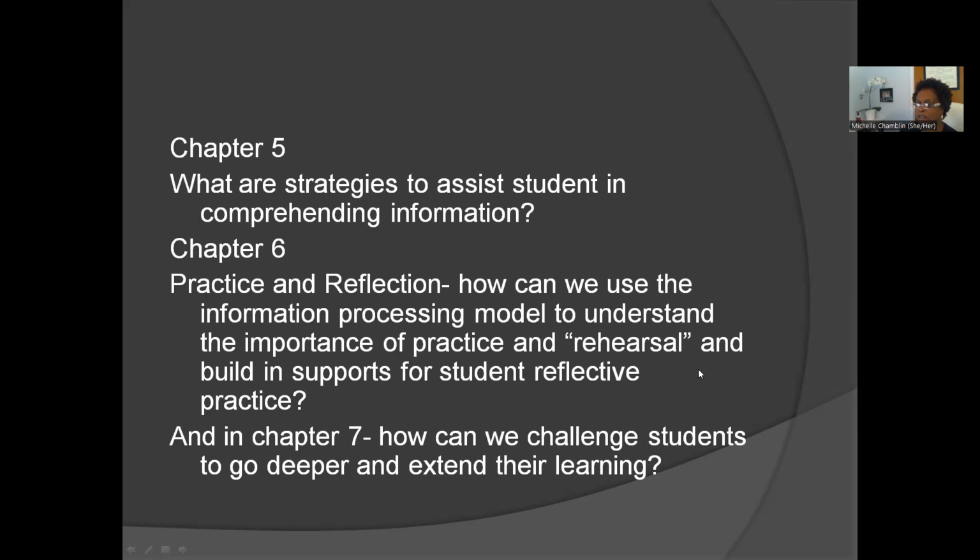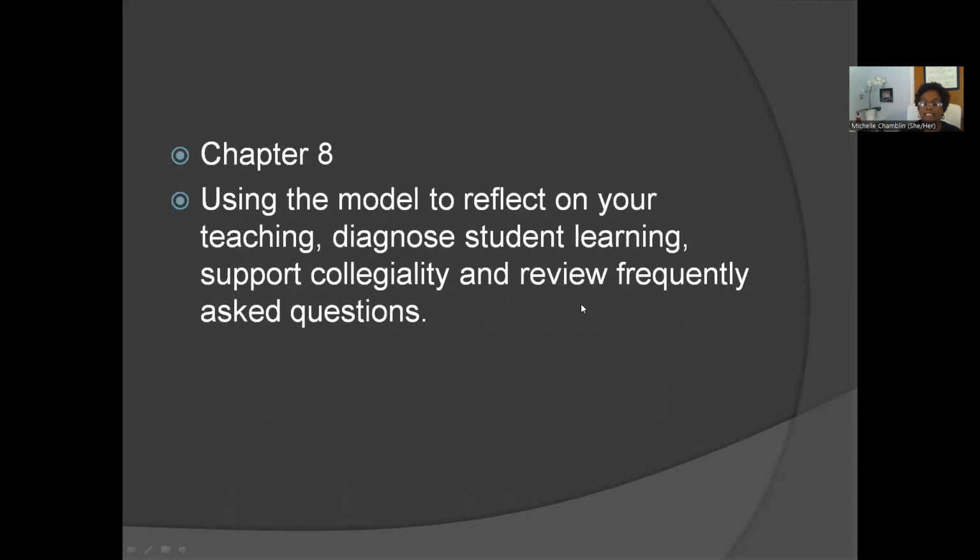So very important information. Understanding the importance of rehearsal in students with learning disabilities is a complete body of work that would take hours to talk about. In this book, they give you the highlights and explain rehearsal within the confines of the model. And in chapter 7, how can we challenge students to go deeper and extend their learning? In chapter 8,